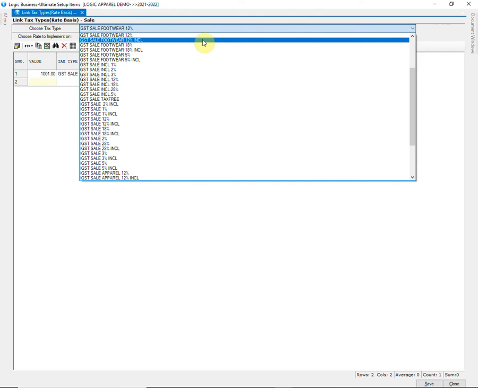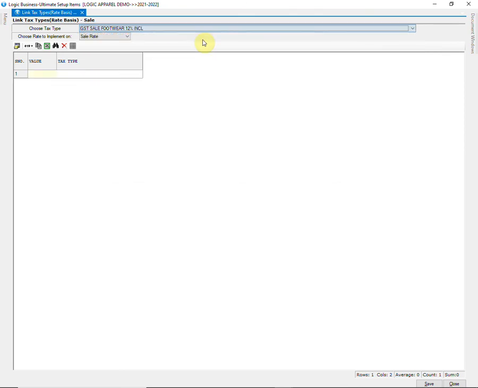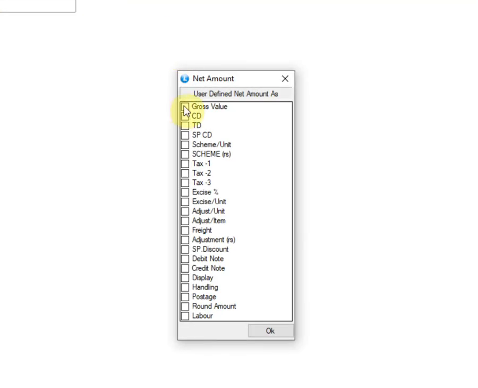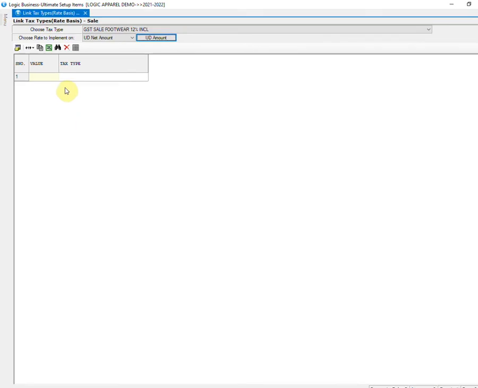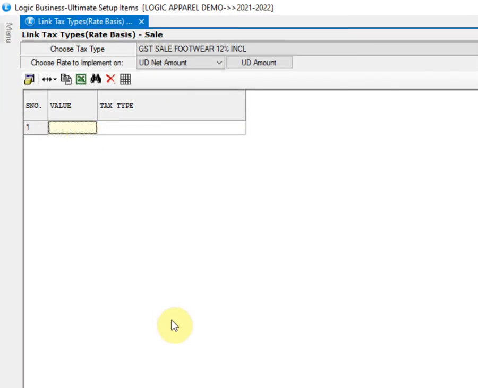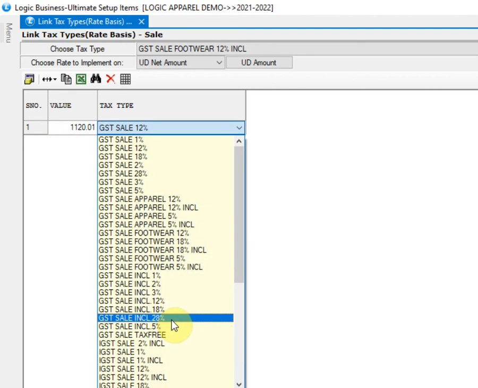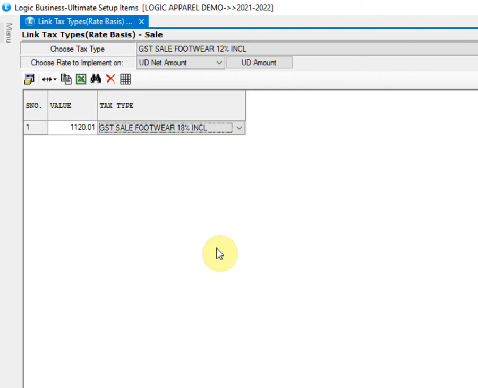Let us look at another case where the tax region is inclusive. UD net amount will be defined in the same way as in the exclusive tax region. For inclusive tax regions, the value will be 1120.01 rupees. GST sale footwear 18% inclusive will be linked here. So, this amount is inclusive of the taxes.